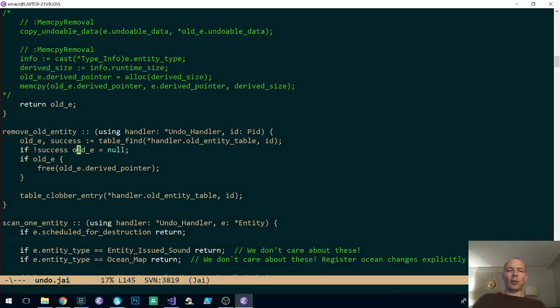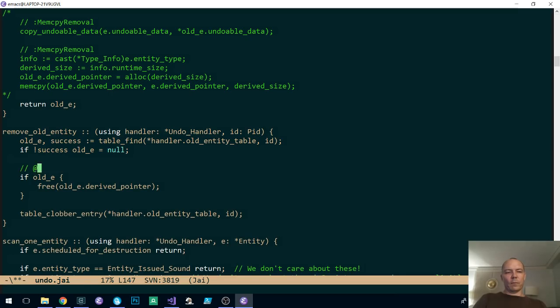So I don't strictly need to do this, I don't think, but until we really well define the table behavior, then we're just going to do that. Deallocate